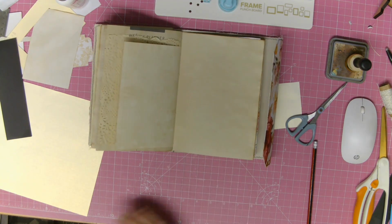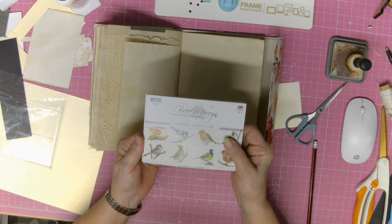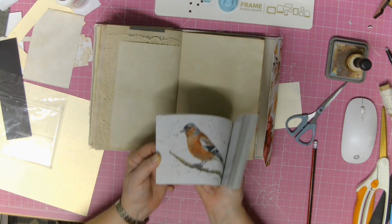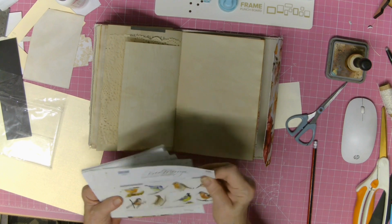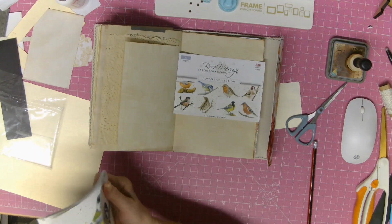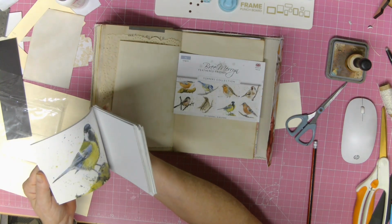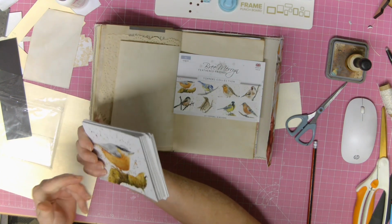Now I've got these birds, the Toppers collection they're called, and they're 150 weight. So I decided that one of those would just make, I'll sit that there for anybody who's interested while I flip through and see which one I think. You can see they're just absolutely beautiful, and I thought that they would make a beautiful pocket,